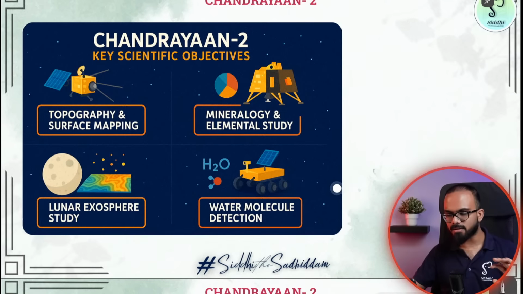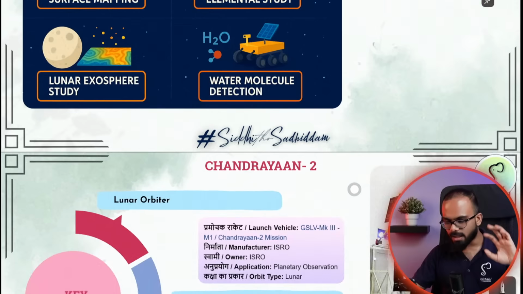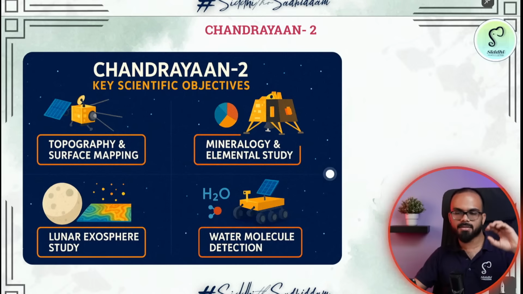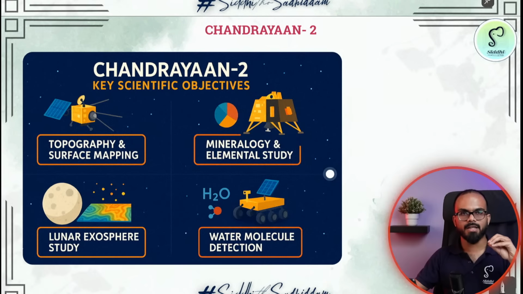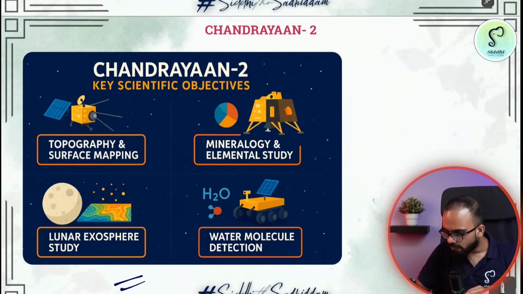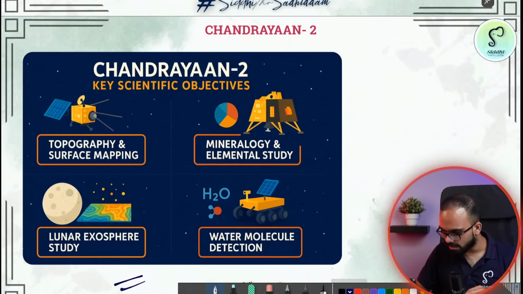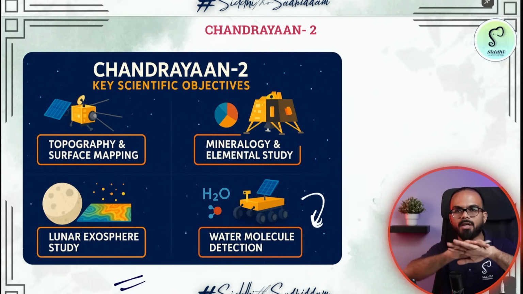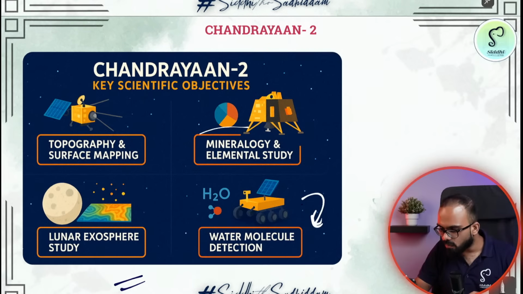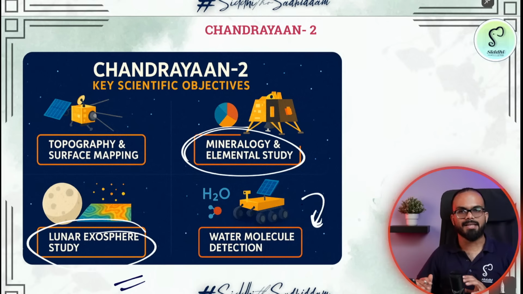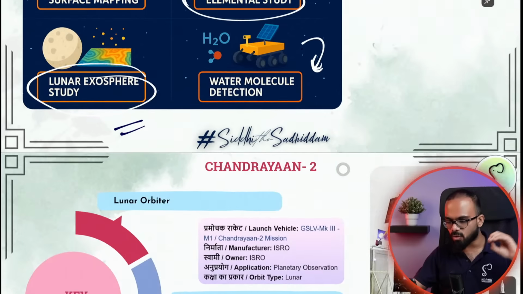Once we understood Chandrayaan 1, Chandrayaan 2 went with certain specific objectives. With Chandrayaan 2, our objective is to land on the moon. We wanted to detect whether water is there or not. We wanted to move on the moon. We wanted to understand the surface of the moon. We wanted to study what minerals are there and what the exosphere is, etc. With these objectives, Chandrayaan 2 was designed.